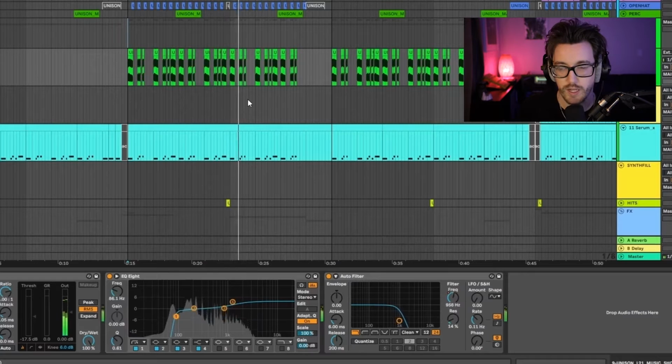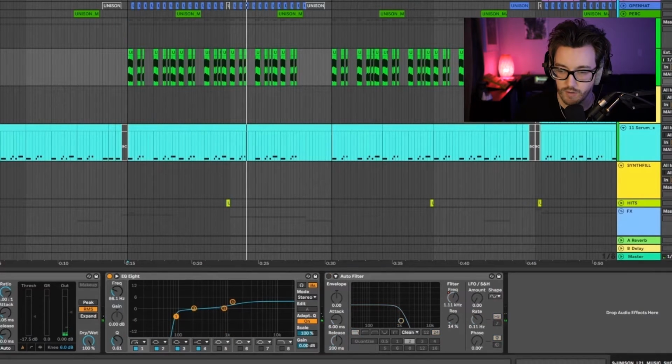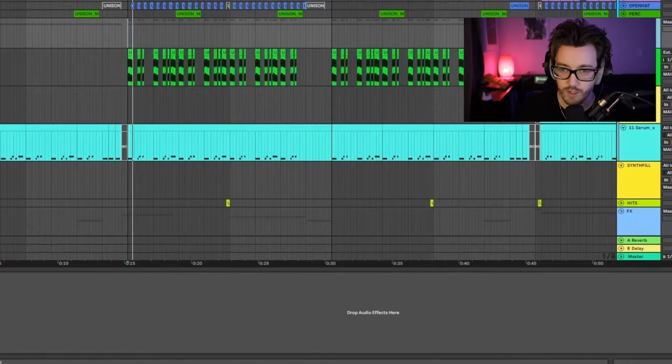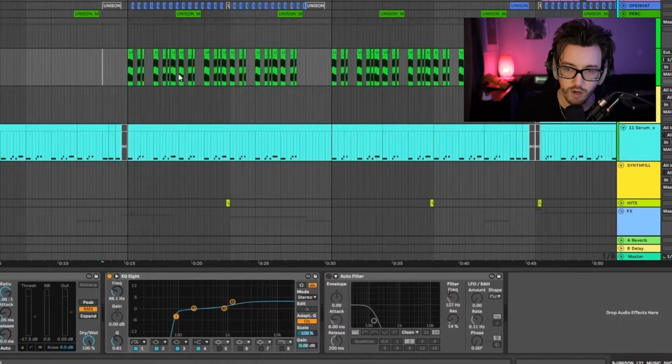the element is slowly getting introduced, whereas if I didn't have the filter on it, it would just kind of come in. So in context, if I were to have this transitional fill right here and it goes into this build section,